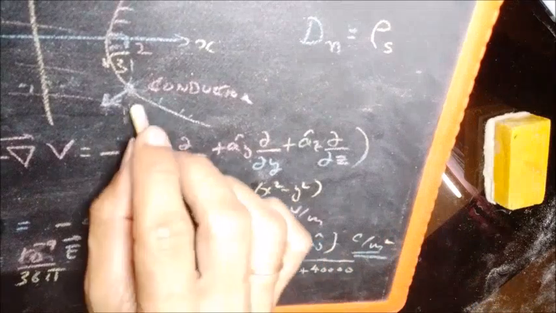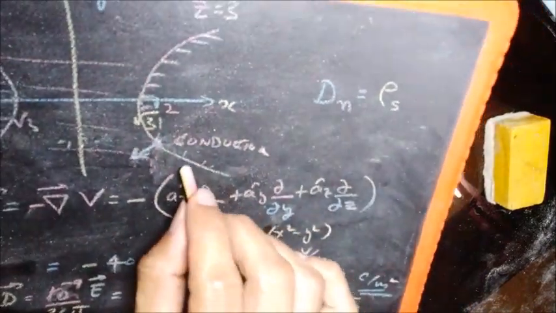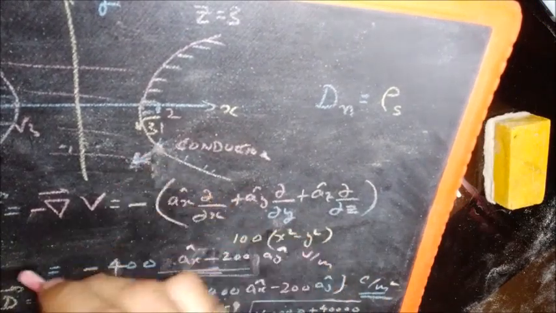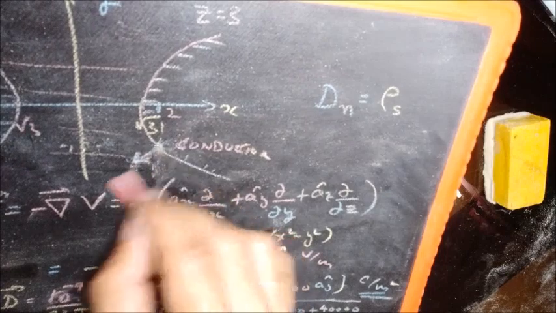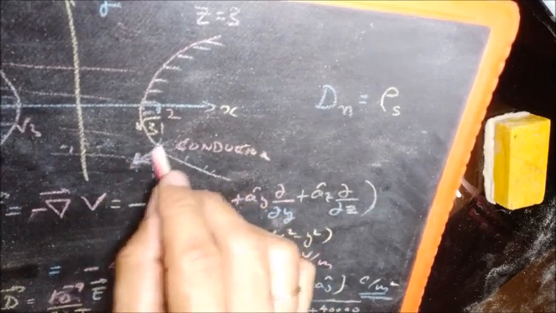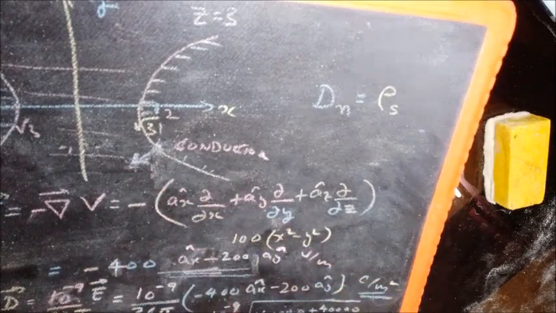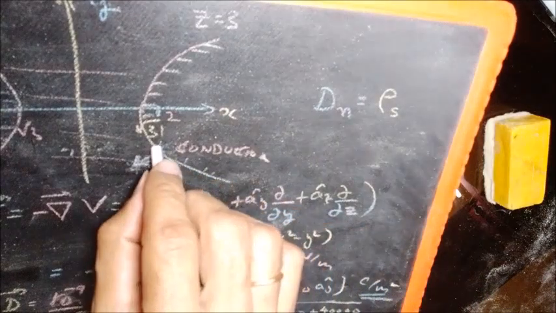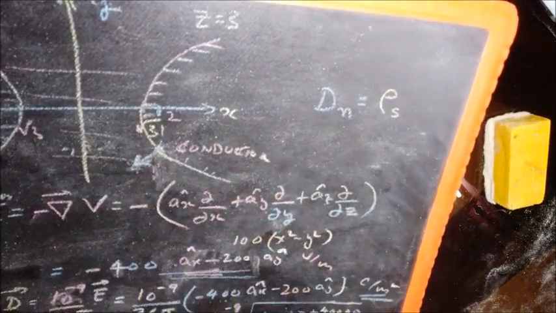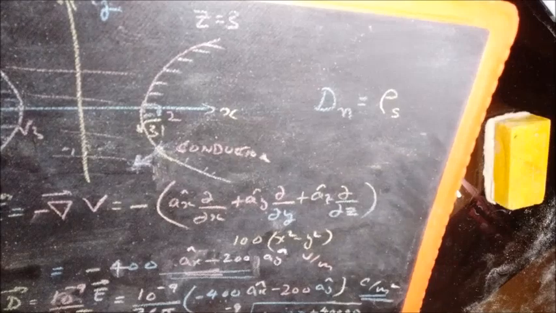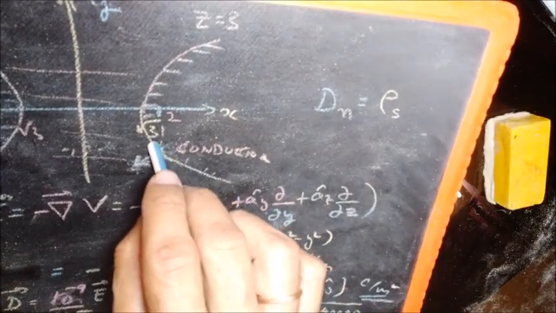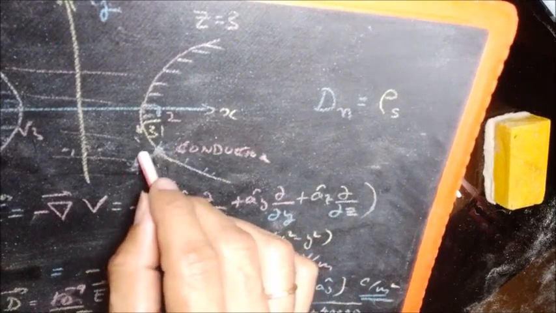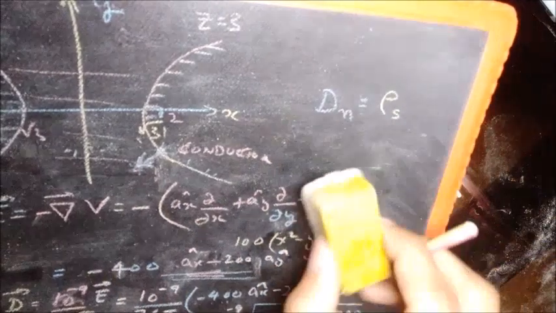Now, since this is the conductor, there is no field inside this, and the field is in this direction, D is in this direction. D is just a scaled version of E, because it's just free space here, it is an isotropic homogeneous region. D is in this direction, and rho s is given by this value, which means that rho s is equal to 10 power minus 9 by 36 pi times the root, this will be a positive number, and that is the value of rho s. You have positive charge density here, and the electric flux density is in this direction.